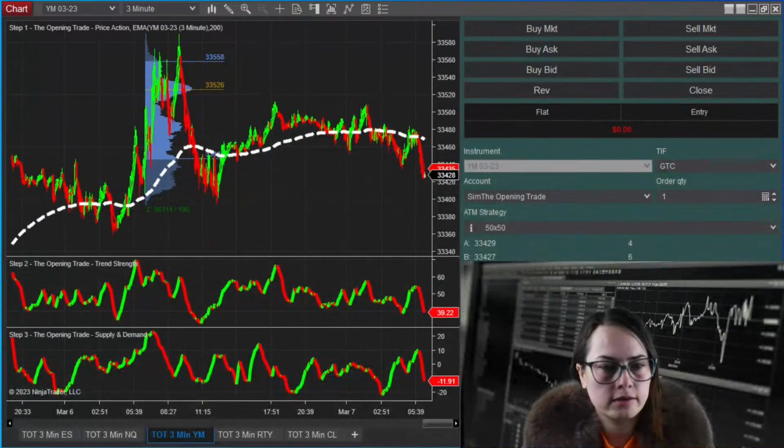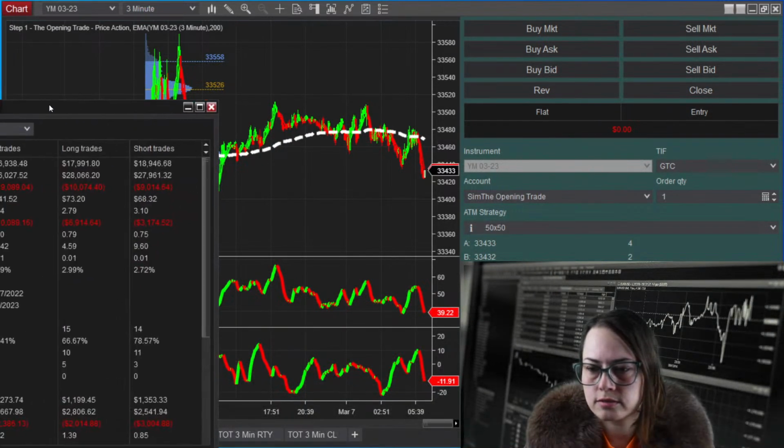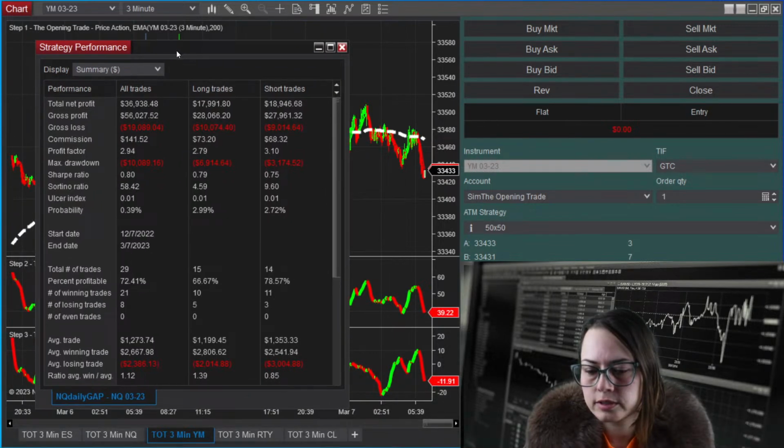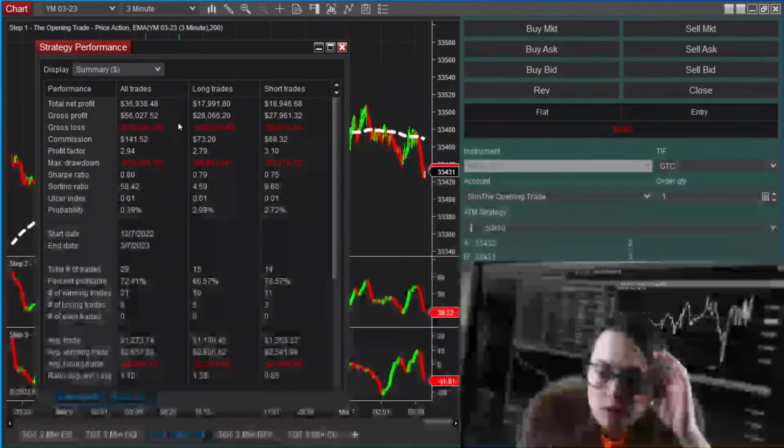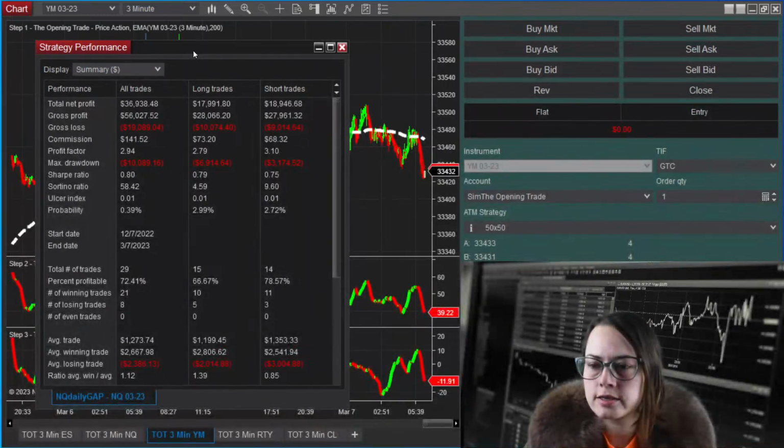So let's take a look at the 90-day backtest results for the automated trades we could potentially see in this live stream later. The first one we're going to look at here is going to be for the NQ, which is the NASDAQ futures. Here we have the 90-day date range, our max drawdown, our gross loss, our gross profit, and our total net profit. So that is quite a great strategy there.